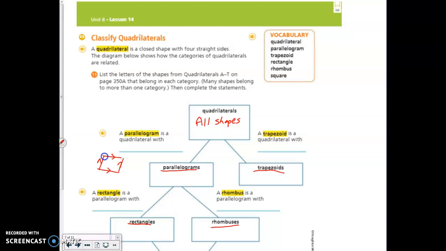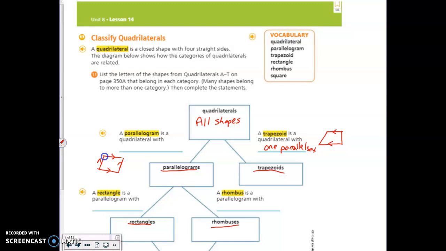As we look at the trapezoid, it is a much more specific rule, and it is in a category by itself. Trapezoids are quadrilaterals that contain exactly one parallel side, or one set of parallel lines. Pen's running out here. One parallel set. Okay, so as we look at this trapezoid here, guys, you can see that this side is